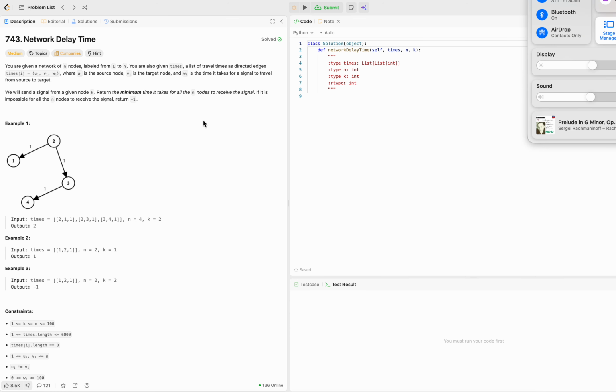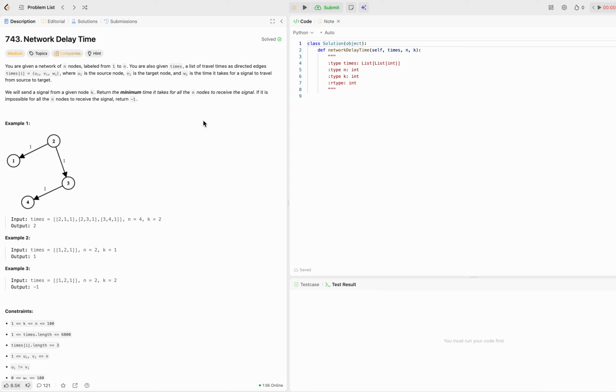So today we are going to do Network Delay Time. You're given a network of n nodes labeled from 1 to n. You're also given times, a list of travel times as directed edges. Each times[i] is (ui, vi, wi), where ui is the source node, vi is the target node,